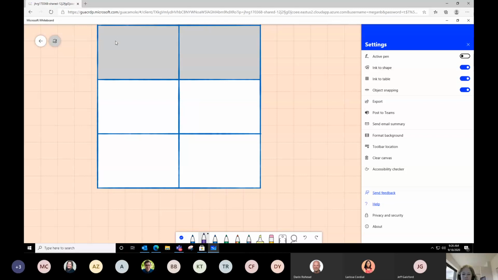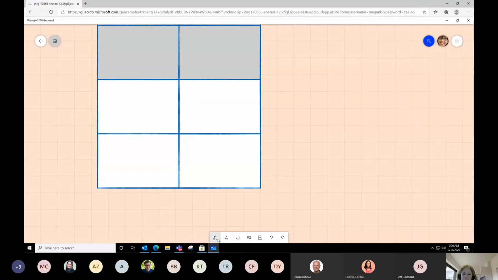Now, can we actually click inside of this and type? Absolutely. So we're going to go ahead and come back down, turn that off, and notice that again, when I have the small toolbar on, I do have an add text option. This is going to remind you a lot more of that online app that we were in because it just creates a little text box. And right here, I can go ahead and type in the item that I want. When I hit enter, it adds a line. So if you're done typing, what you want to do is just click outside of it.